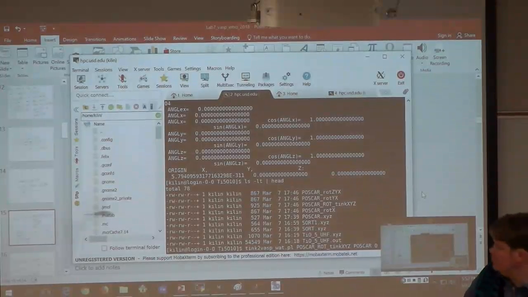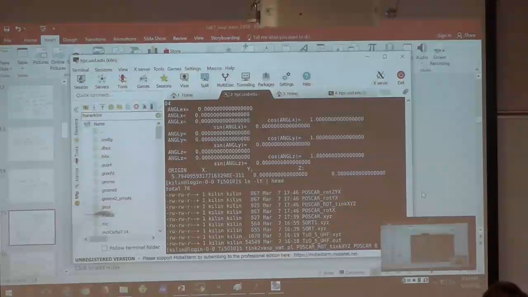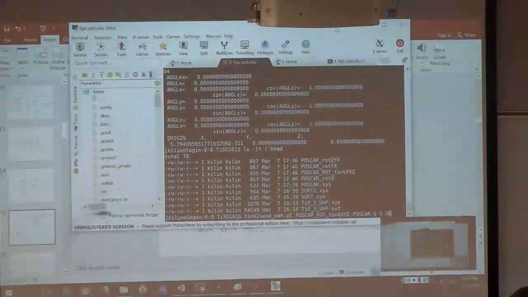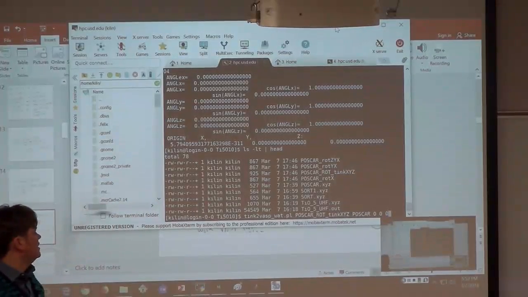So first, I'm doing a fake run. I can move it this way. Is that WAT supposed to be in there? Yes, yes. I think,